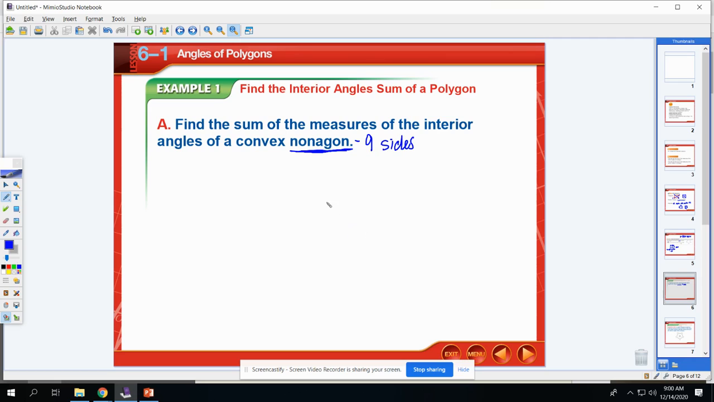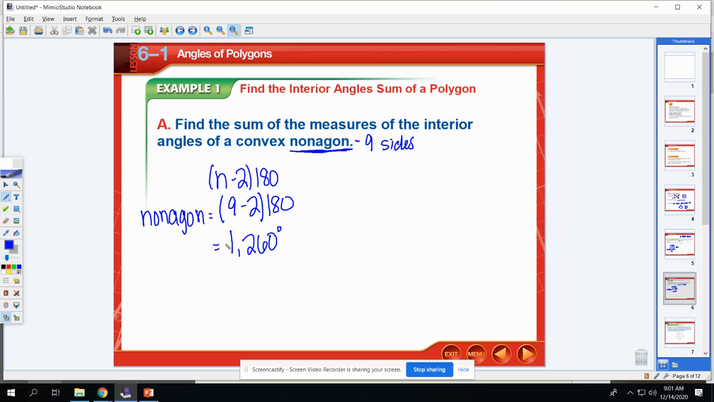So what we need to do is take our formula that we just learned on that last page, n minus 2 times 180, and we need to do this for a nonagon. Okay, so we know that a nonagon now has 9 sides. So this is going to be 9 minus 2 times 180. Well, 9 minus 2 is 7, and 7 times 180 is